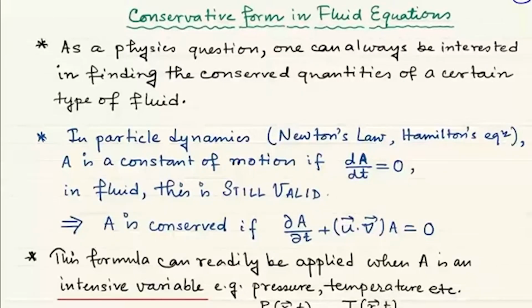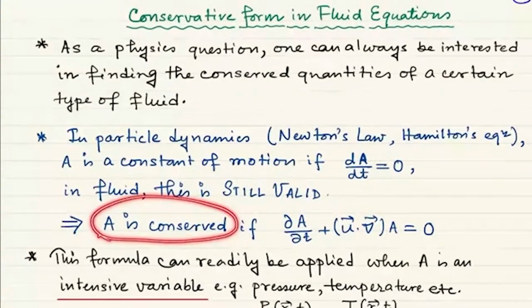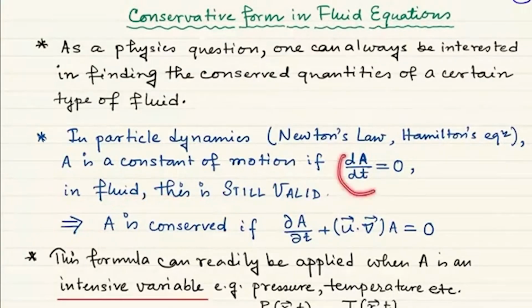Here you can see that this d/dt is nothing but the Lagrangian or the material derivative. Then in fluid mechanics we can say that A is conserved if dA/dt is 0, and if you expand d/dt, you will have del/del t plus